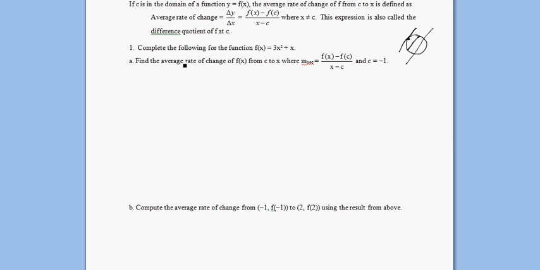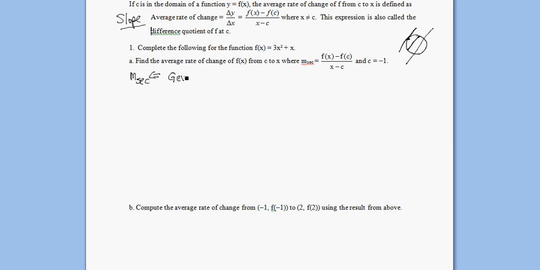So what we're looking at first is the average rate of change. Average rate of change is just a fancy way of saying slope. So the average rate of change is just your change in y over change in x. But notice in this case, as opposed to just finding the slope given 2 points, we're going to have a function of x. So in this case, we'll be finding the average rate of change of f of x from any value c, which in this case is -1, to any other value x. So this slope of the secant, slope sub secant, is actually